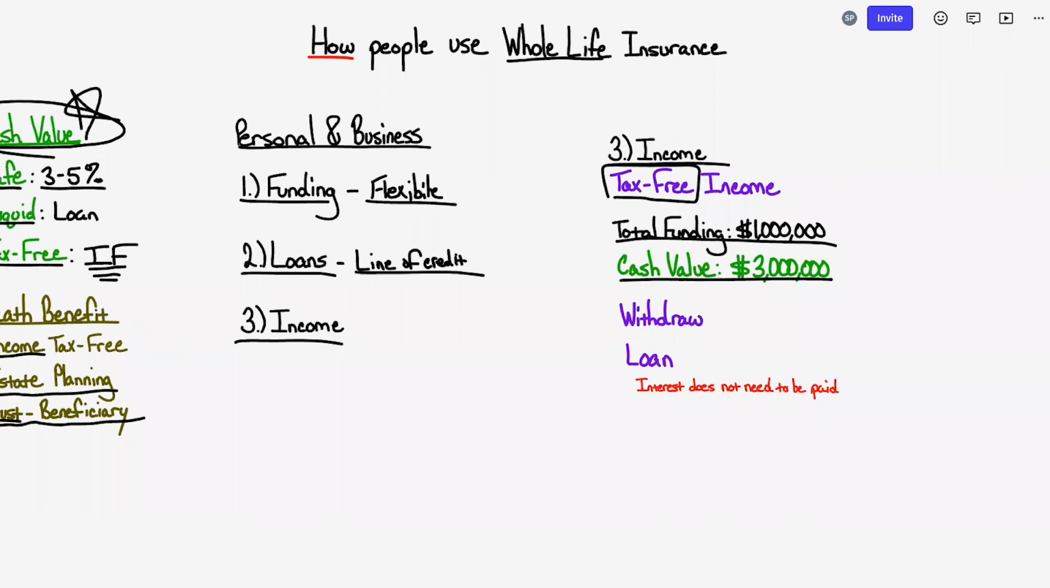Now there are two methods in which you can actually pull money from the policy. One, you can take out a withdrawal, which is exactly what it sounds like. It's like withdrawing money from a bank account or another source. And when you withdraw money, it's gone. It's no longer earning dividends, interest, or anything like that. Something to be aware of here is if we withdraw more than what we've paid into the policy. So in this case, we paid in how much? $1 million. If we withdraw more than $1 million,